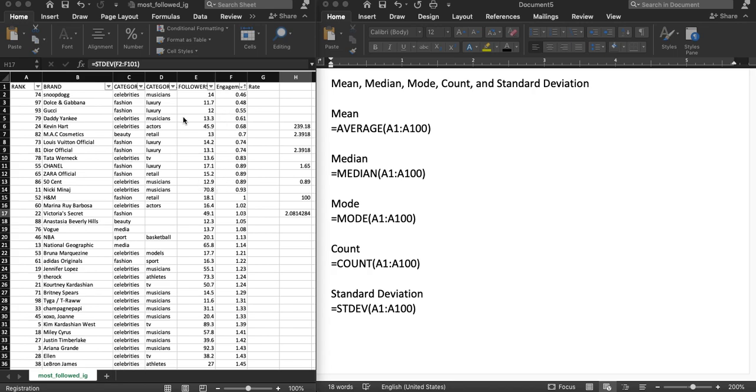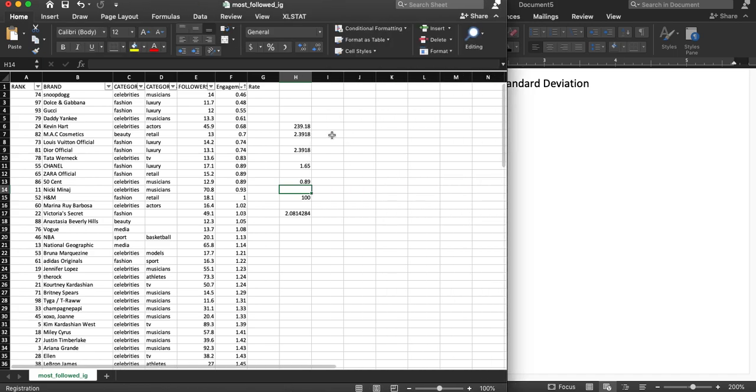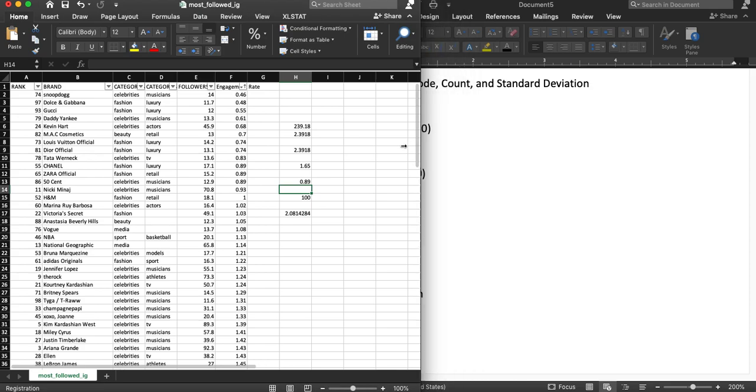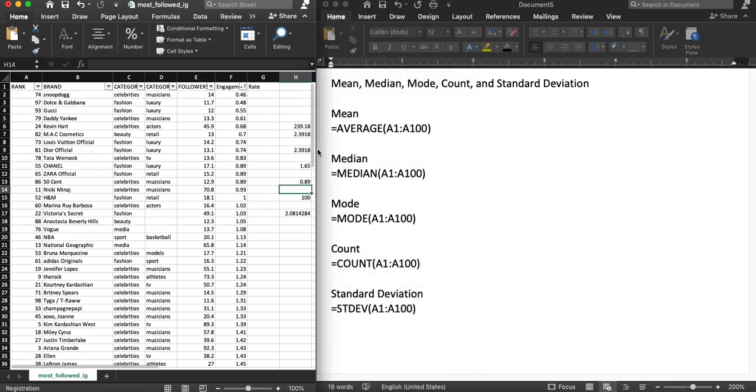In the previous video, we calculated the mean, median, mode, count, and standard deviation for the engagement rate on this group of Instagram influencers. And we did that over here in column H, just as a scratch, just a place to put information. There's lots of room here in Excel. You can type stuff in just kind of random cells. But there is a better way of doing this, and we can do it with a thing called a pivot